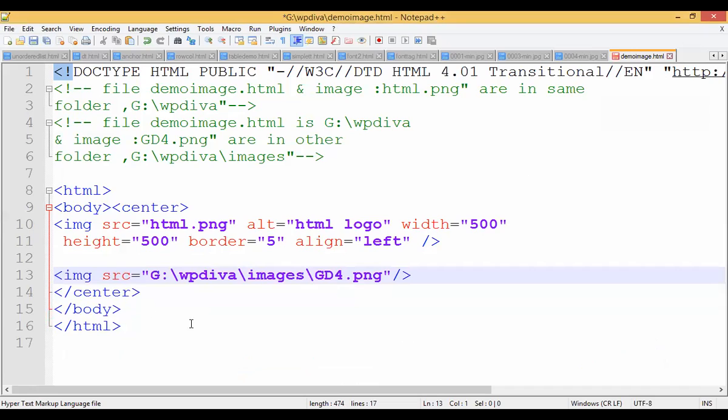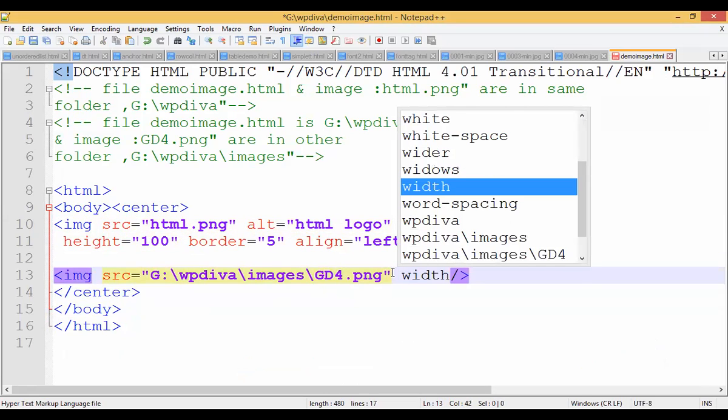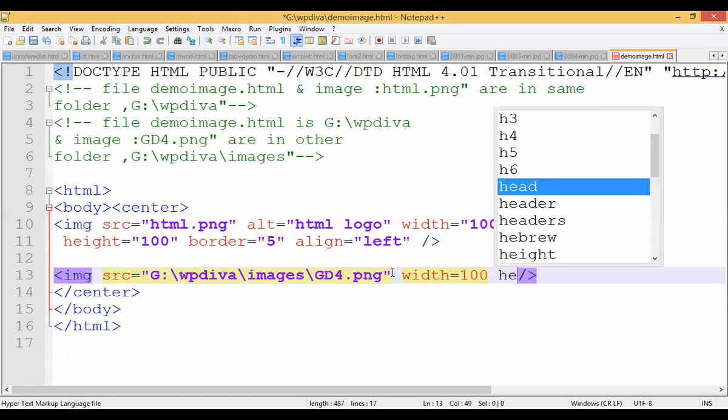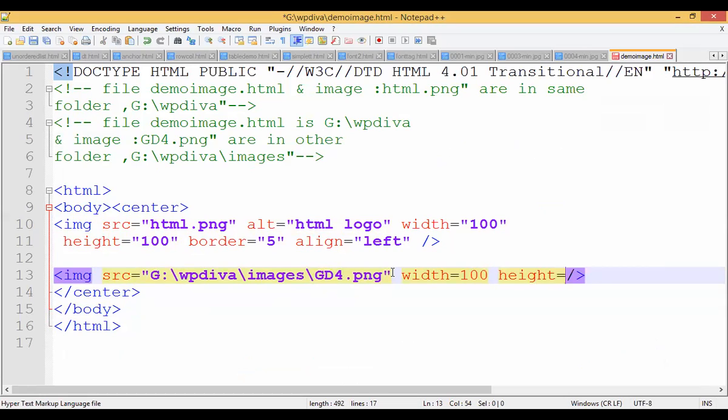So what I will do, I will also set properties for this. We'll just reduce the size of this. We'll take width 100, height also I will take as 100. For this image also, I will set width equals 100 because the width of this image is more, and I will take height equals 100. What I forgot, I have to compulsorily take double quotes here. It is valid only in HTML. In XHTML, you compulsorily have to take double quotes.